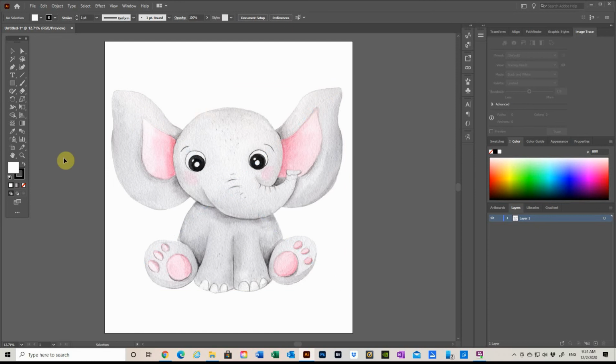Select, deselect. Maybe I want something else behind this little elephant.